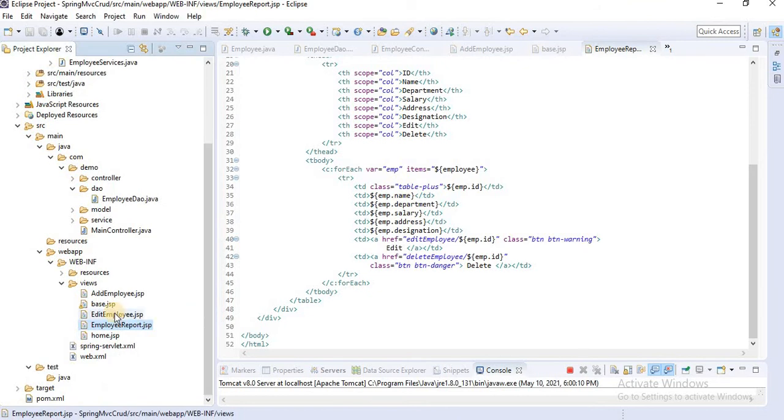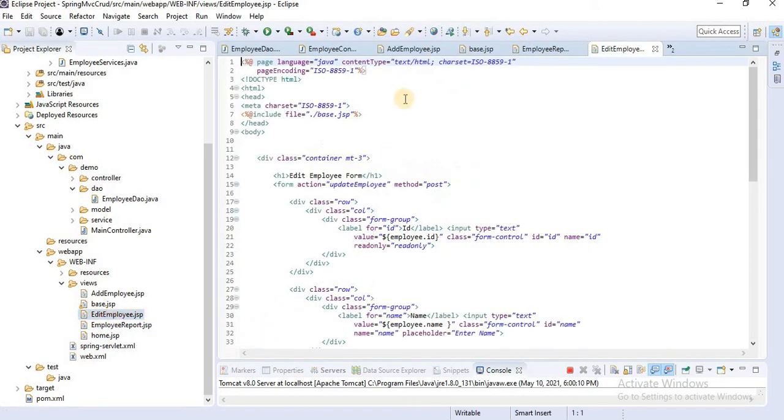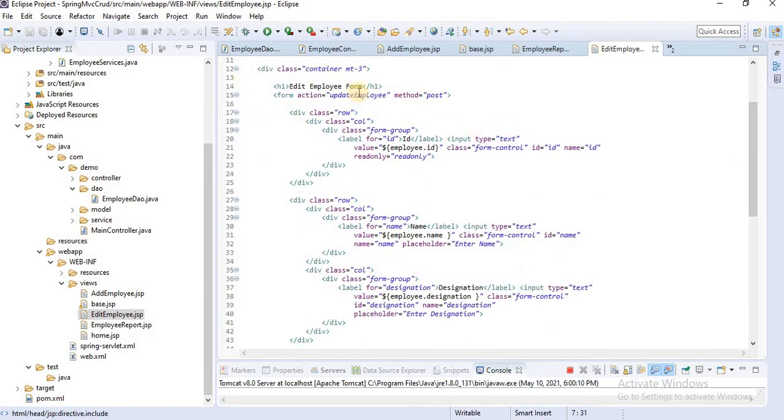We have also added edit employee. Let's see the edit employee JSP. In the edit employee JSP we did the same thing. We add the base.jsp for getting all predefined libraries like CSS and JavaScript that we defined inside base.jsp. Then we create a form, update, we create an edit employee form.